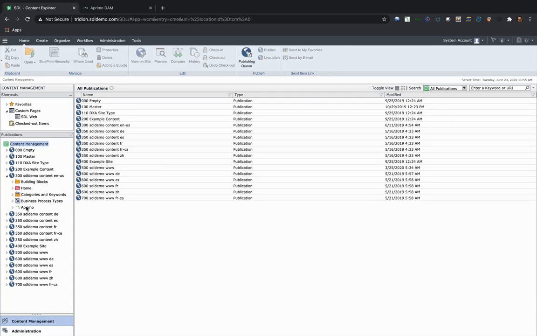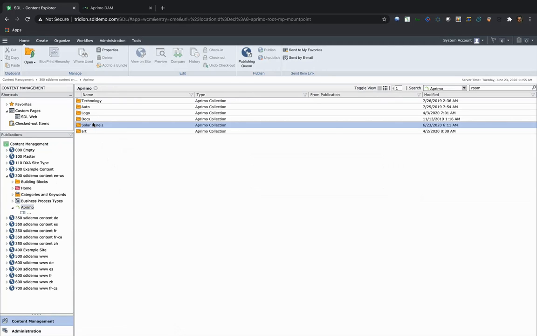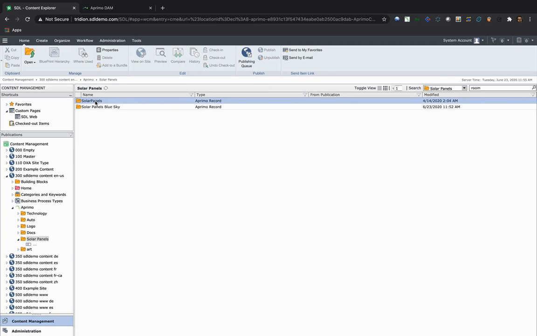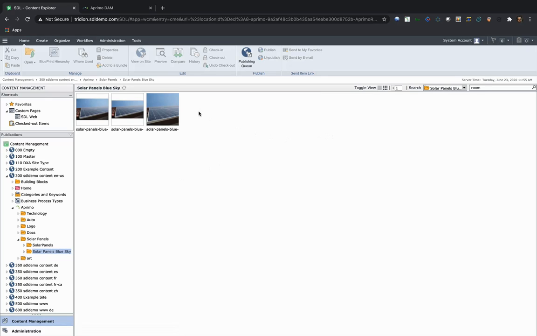This will demonstrate how Tridion connects to Aprimo DAM. You can browse through the different collections or classifications and the different records in Aprimo and view the different assets. You can also get the thumbnail view of the actual assets. You can also view different renditions or crops and consume them on your web pages, so this mirrors what is